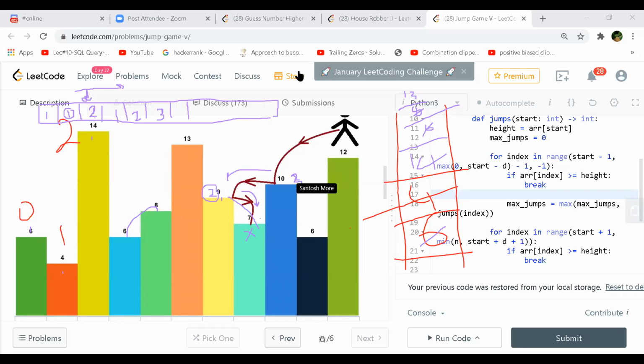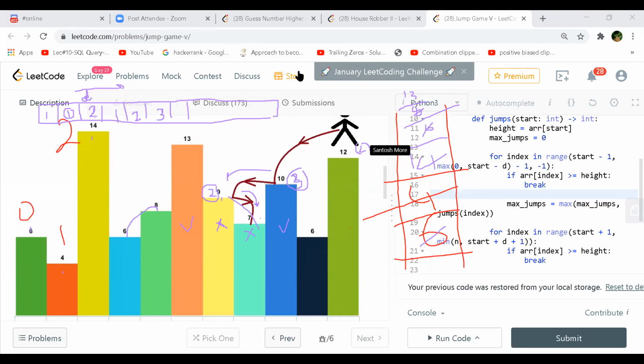Then you will push 10 after 13. So you will pop out 9 and 7, and this will go away. What you are left with is 13, then 10, and at this time the value of 10 will be 3. When you come to 6, it is a smaller value. Even if you have a value 1 or 2, it doesn't make a difference, because here 6 will give you the value for 12 as 2, but that will go away eventually.